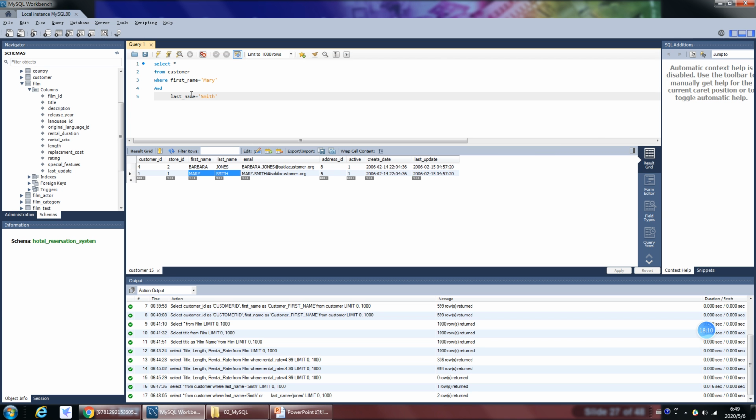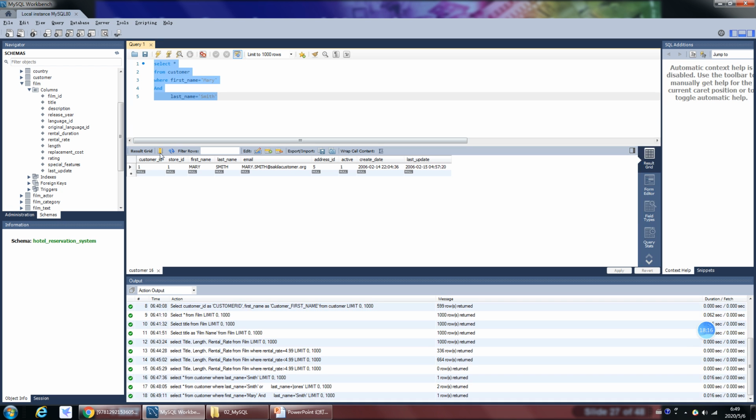Both conditions have to be true to get the result. So if I select my query, I will get one person because her first name is Mary and the last name is Smith, right? Now if I say first name is Mary and last name is